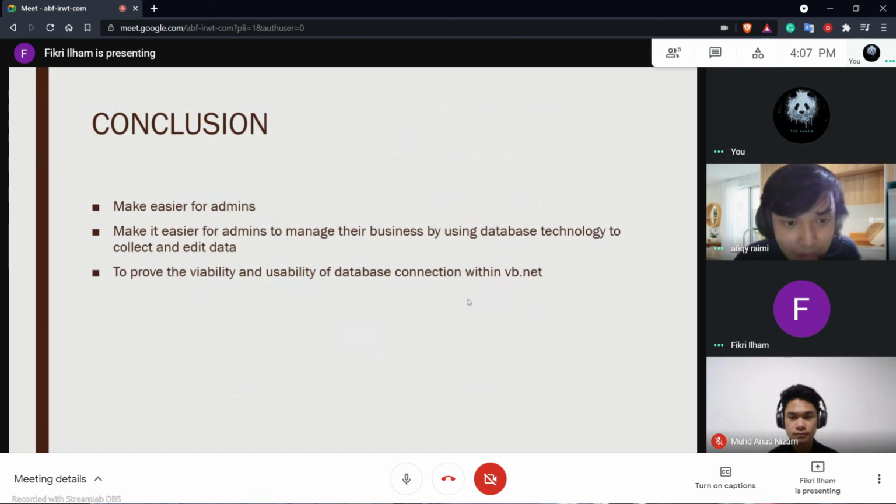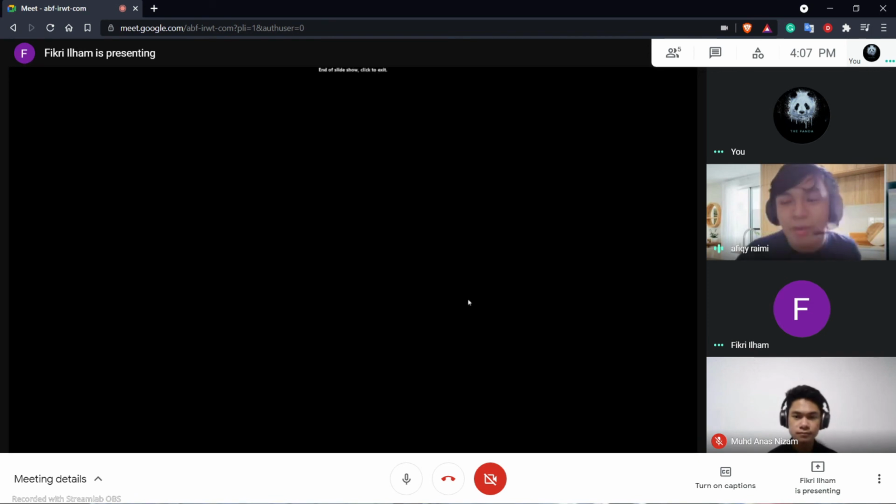Okay, that's all. So for the conclusion of our project, it makes it easier for admins to search for data and to manage their business by using database technology to collect and edit data, to prove the availability and usability of database connection within VB.NET. So that's all from saya, Muhammad Firaimi,